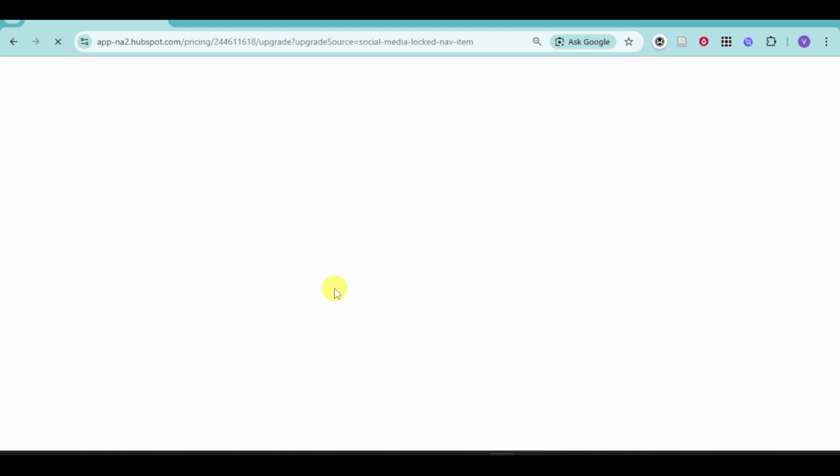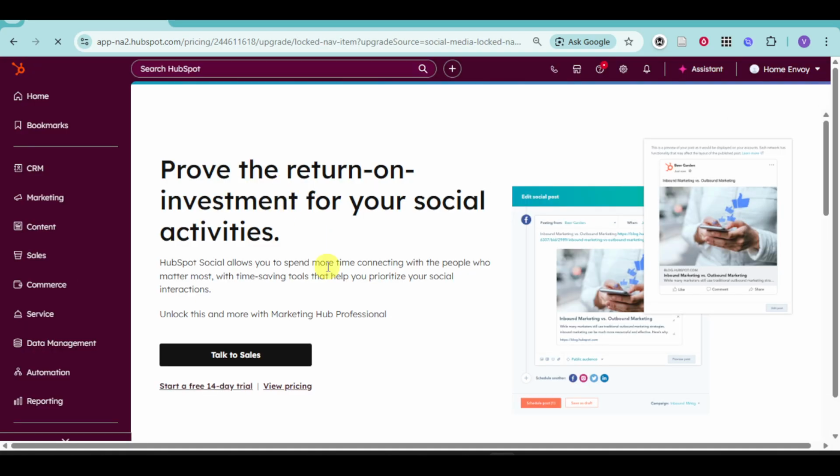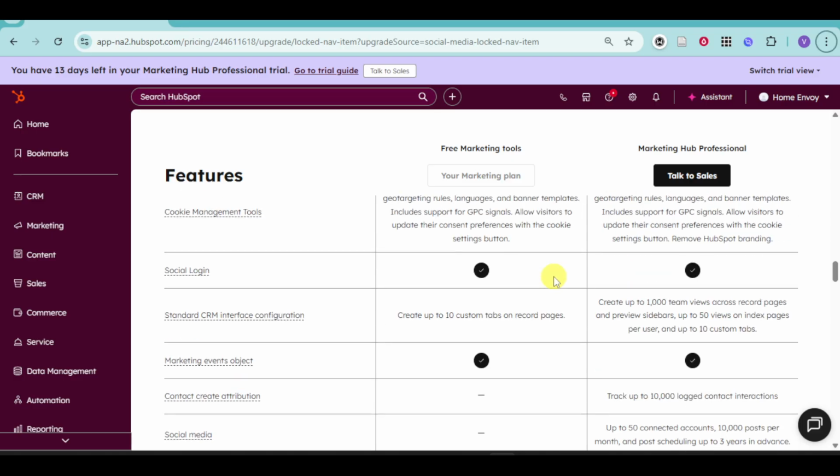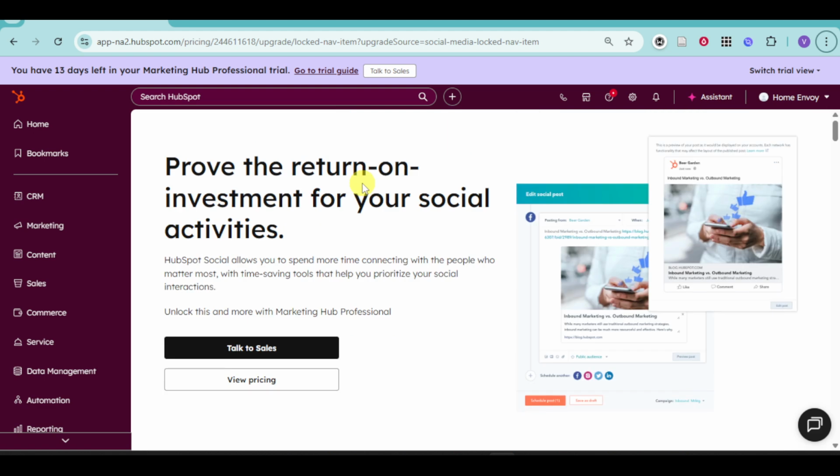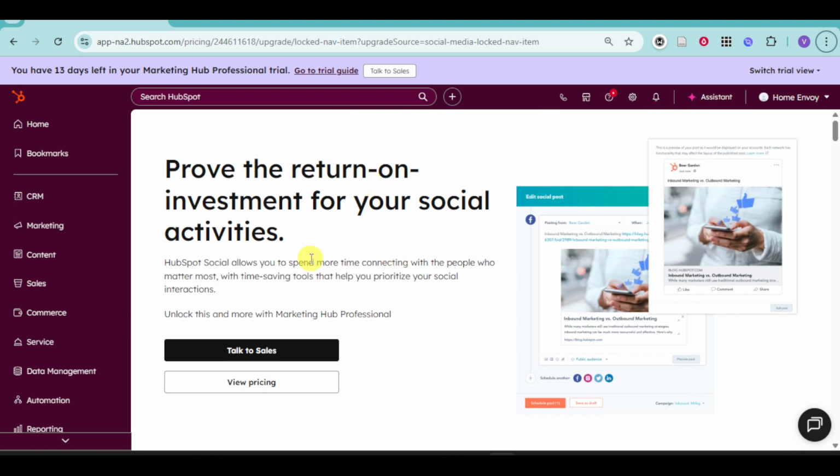Now you can see right here that this particular option is available on the Marketing Hub. So you can start a 14-day free trial or just purchase it. This particular tab is only available under the Marketing Hub Professional, and as of right now, I have it in here. So what you can do is you just need to head over to the X and then locate